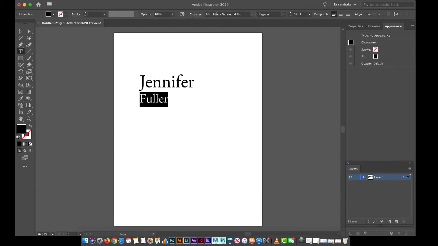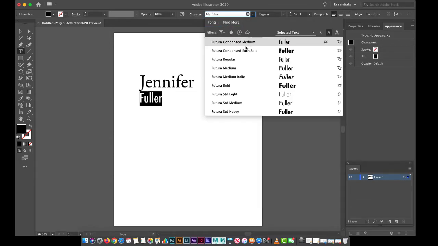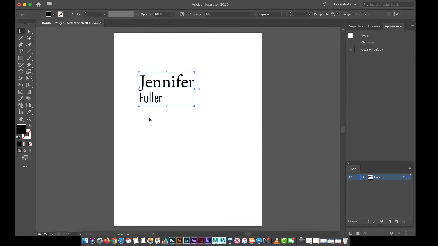And Future down here. Generally, we want to use our sans serif for our body text. Whoops. Again, for this, I am just trying to see that you're using the software and you're thinking about font pairings.